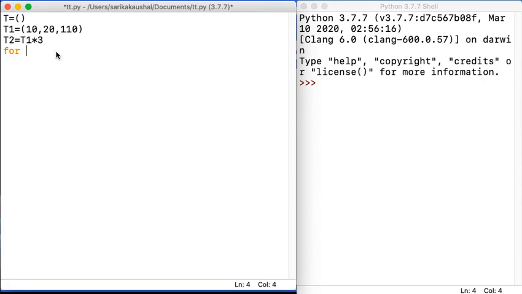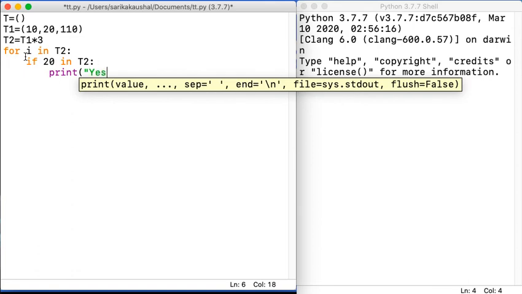If I just say for i in t2, okay, so in that case I need to know whether a particular number is existing. I suppose I need to know whether the number 20 is existing or not. So I'll just say that if 20 in t2, if that is existing, I'll just say print yes. अब देखो इसका answer